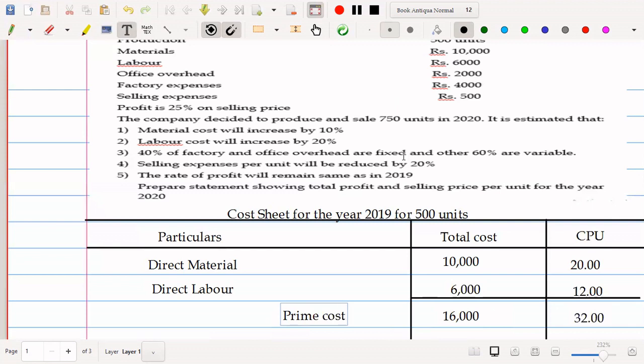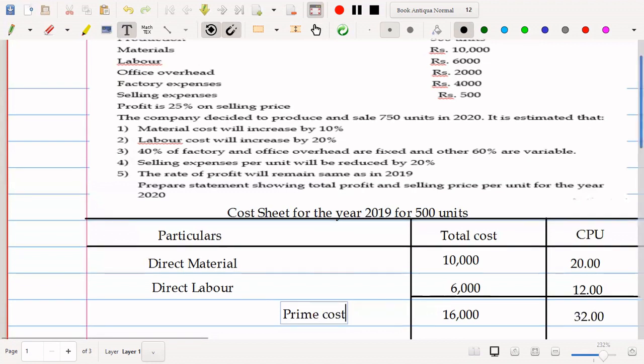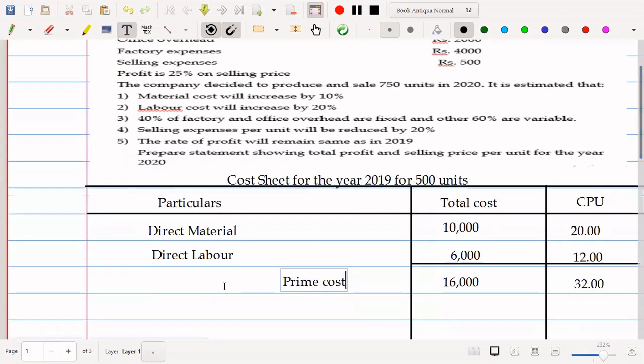Now to make it easy, if you have watched my last video, in that I have directly solved the cost sheet as it is, whatever given here I have taken here. But one more thing we can do here, whatever instruction they have given can be inculcated here also, so that estimated can be prepared very easily. Now let me show you how we prepare. This is one of the methods.